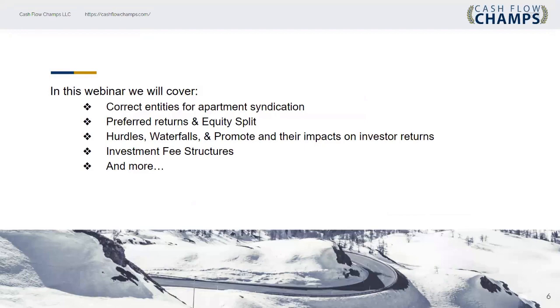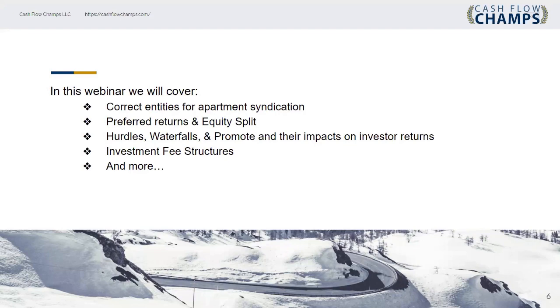Now, let's talk a little bit about equity split and the preferred return as it pertains to the multifamily syndication, right? Which is the second bullet on your screen. Now, this is important if you're a passive investor. As a passive investor, you want to know these terminologies, what they mean, and typically how they apply in terms of the deal that you're getting into. So what is the preferred return? Well, this is the minimum return that the investor must achieve. This is the minimum return the investment itself must achieve if the investor is going to get paid before the general partner. Let me put it another way.